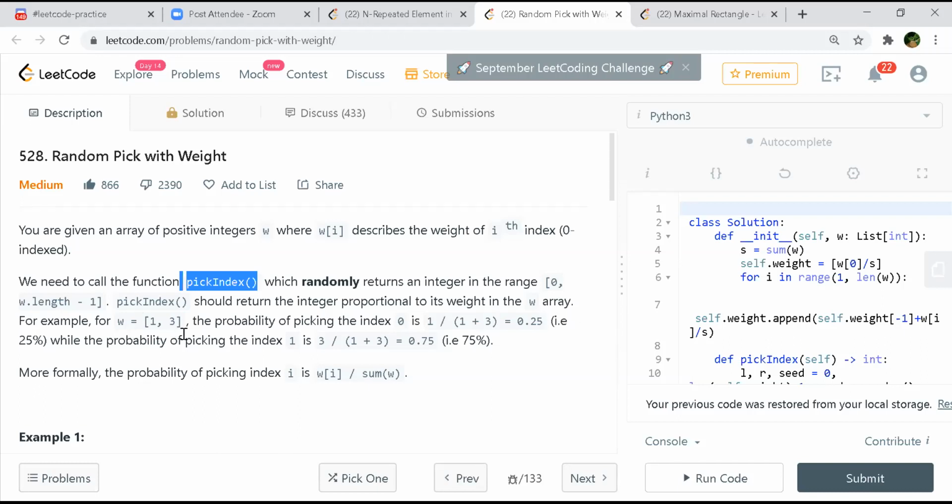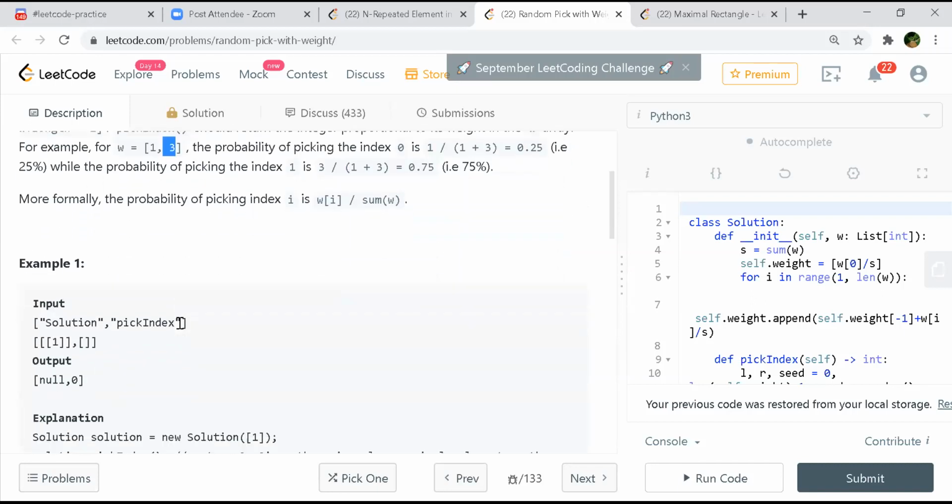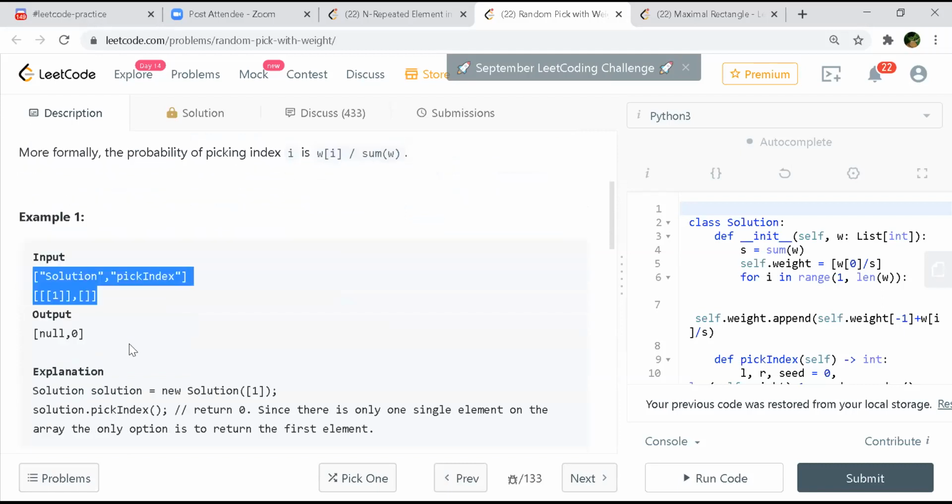For example, with 1, 3, the probability of picking index 0 is 1 by 4, that is 0.25, and the probability of picking index 1 is 3 times that, that is 75 percent. So we'll pick that one. This is the solution and pickIndex is there.